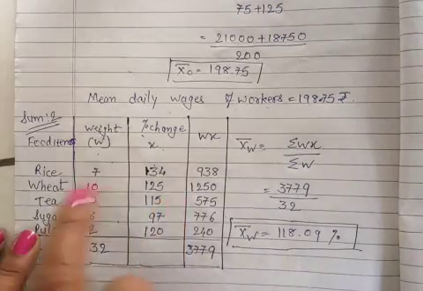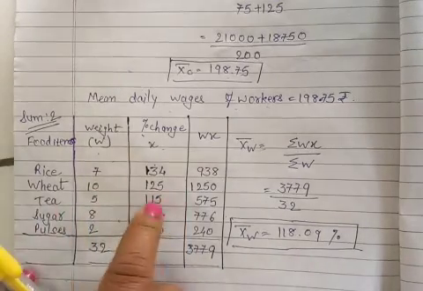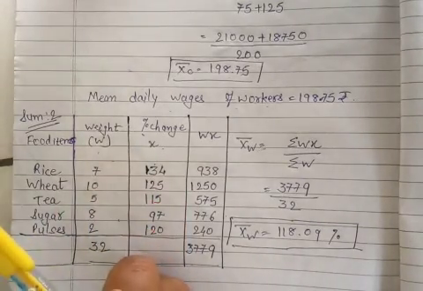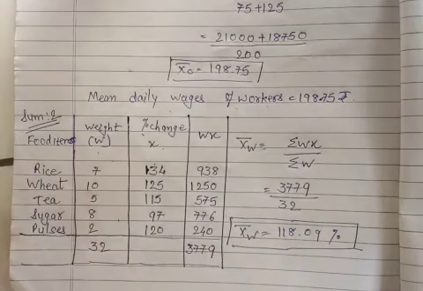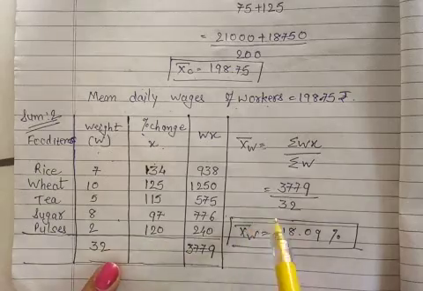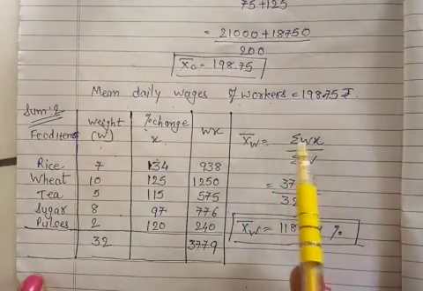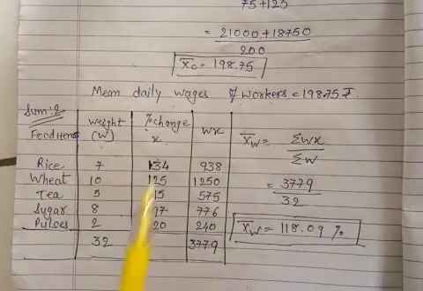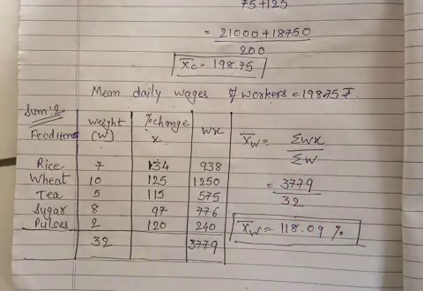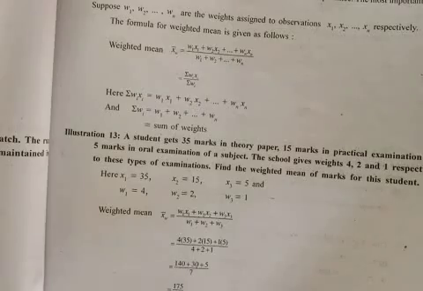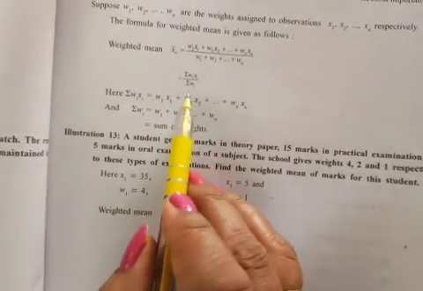Here we can also apply the w1 x bar 1, w2 x bar 2 formula, and there is nothing wrong in that, but your working will be a little more, that's it. So for the discrete series we have compressed the formula of weighted mean, that comes x bar w is equal to sigma wx upon sigma w. This formula is already given in the textbook. See, sigma wx upon sigma w is the compressed formula of the main formula, so we have applied that only.